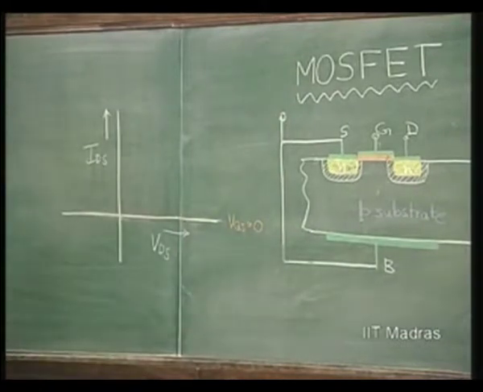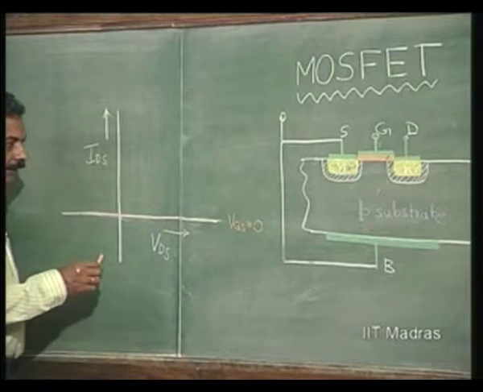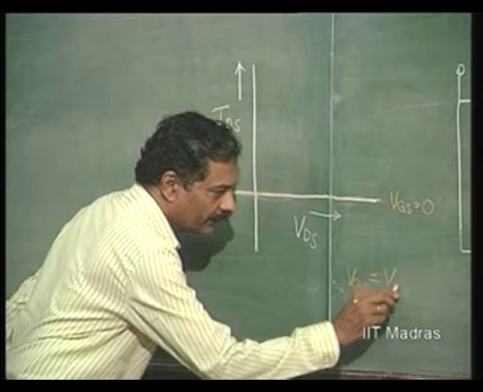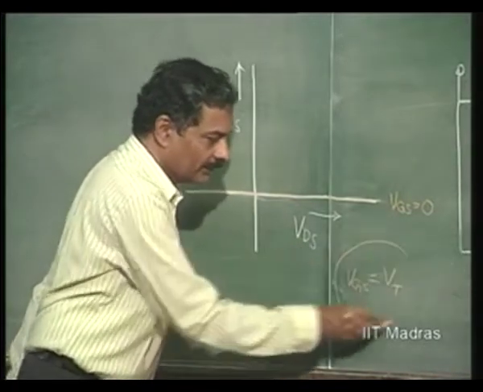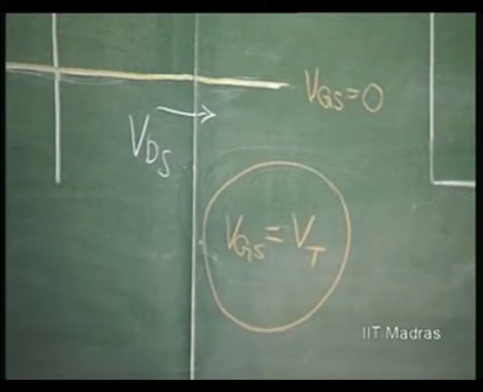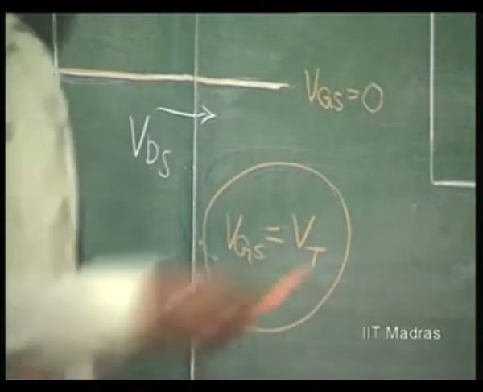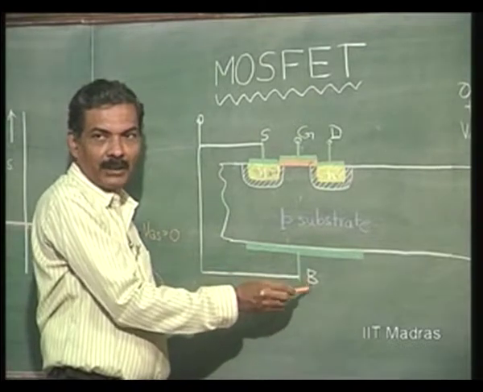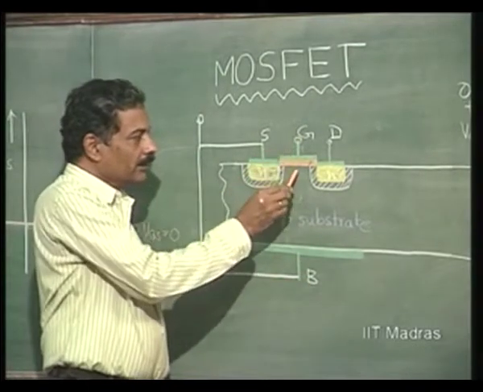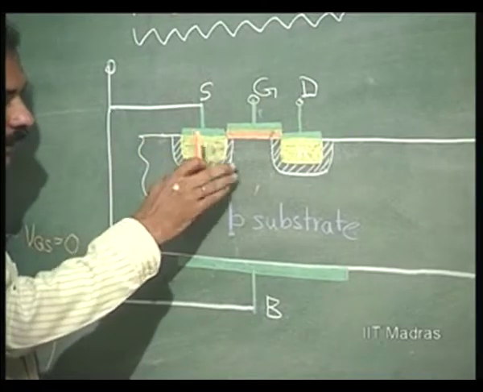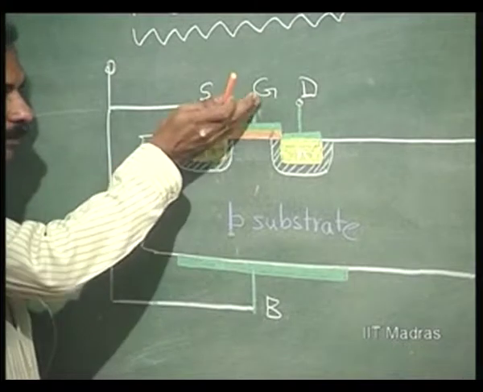Now, when VGS becomes equal to VT, we have defined this as a threshold voltage, which is an important voltage. What is that voltage? It is that voltage at which, when you apply a certain voltage with respect to the source or the body, there is a channel formed. That means, as I told you, as I apply a positive voltage,